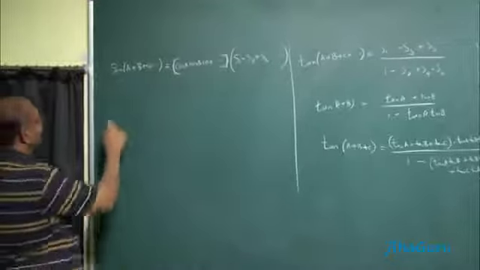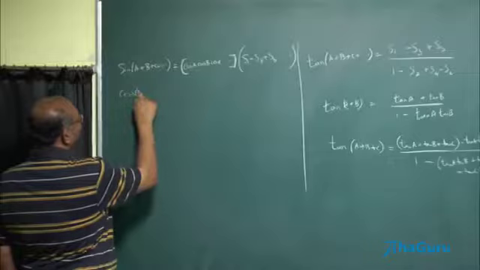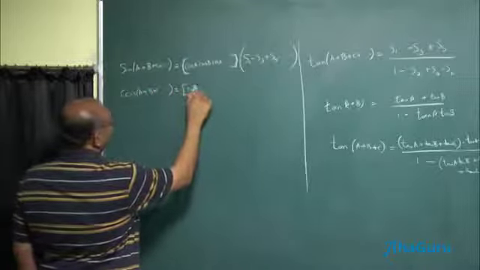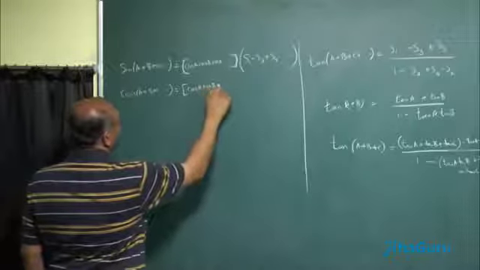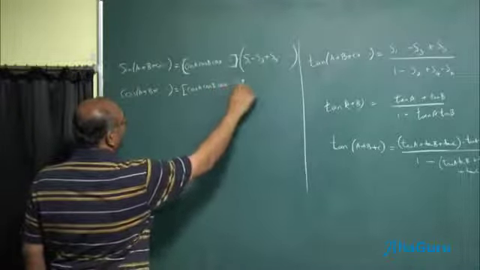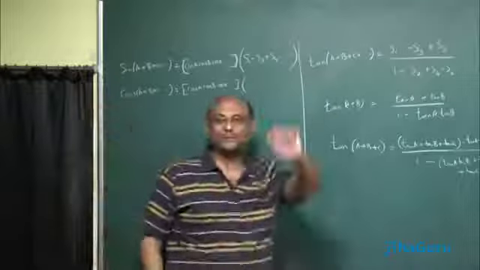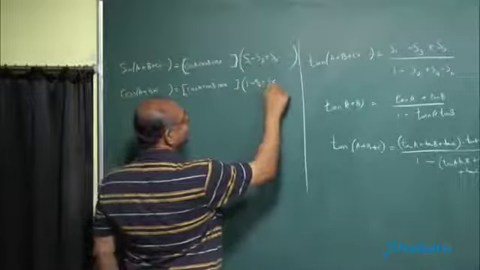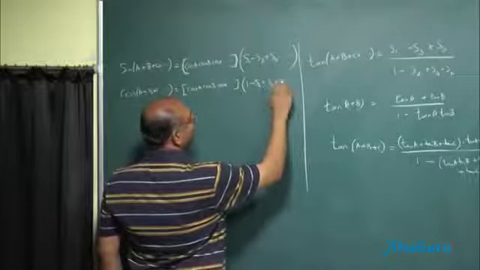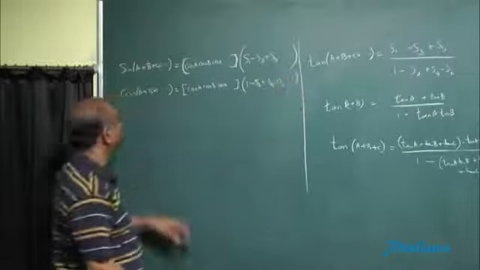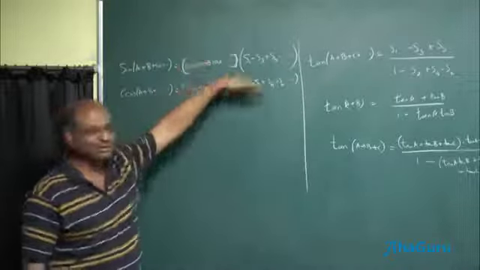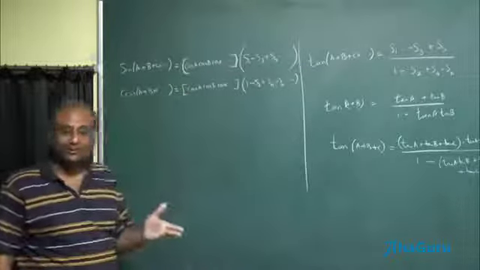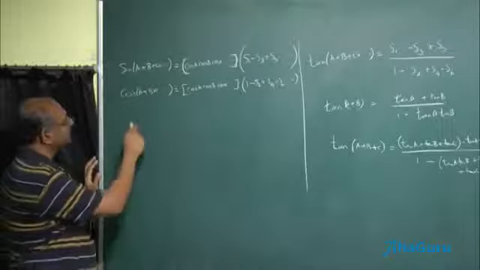Okay, and cos of A plus B plus C dot dot dot is cos of A, cos of B, cos of C, both are cos, into the denominator of this fellow. So do you see why tan becomes that? Because if I divide these two, this will cancel out, only that will remain. So obviously that is why that's the tan. Wait a minute, what does this mean? How do I remember this formula? Let us think about that.